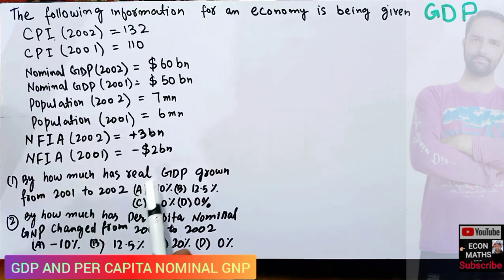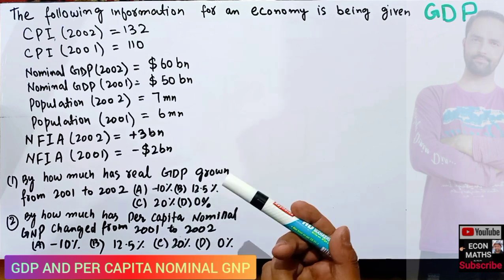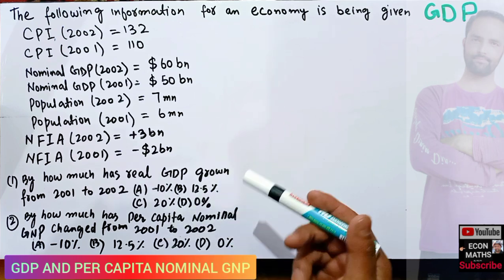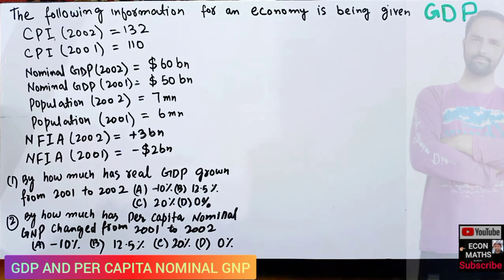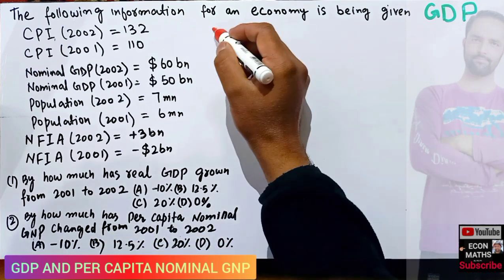So we have to first find out the real GDP. By real GDP what we mean is, when we take into account the inflation from the nominal GDP, we get the real GDP. And how do we calculate the real GDP? So let me write it here. So real GDP is